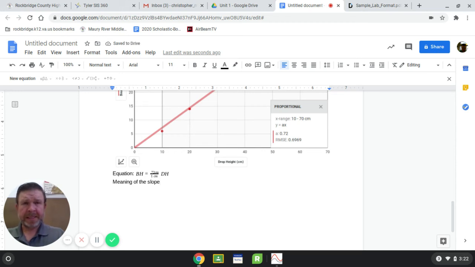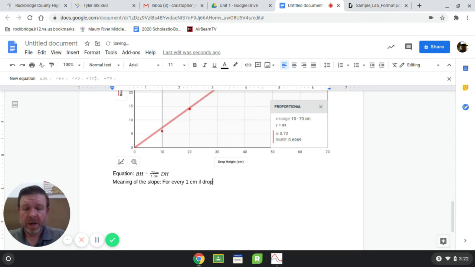What is the meaning of the slope? This is a big deal, folks. You need to know how to state the meaning of the slope, and you have to understand what it means. It's really easy to do if you wrote your equation well. All you have to do is read the slope upside down from bottom to top and say that for every one of these, you get this many of this. So the meaning of the slope for me, for